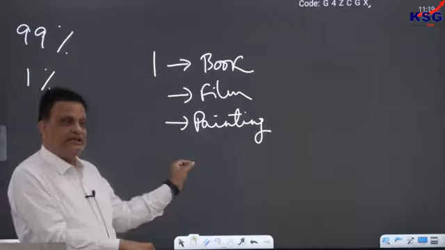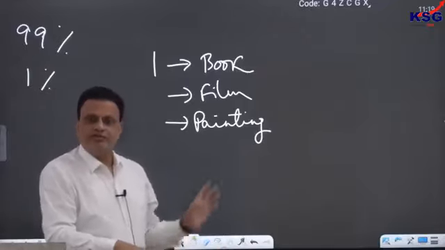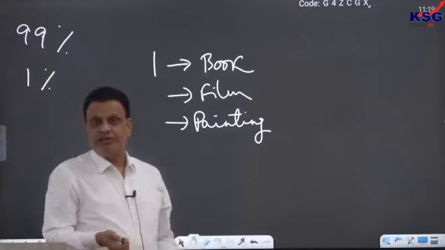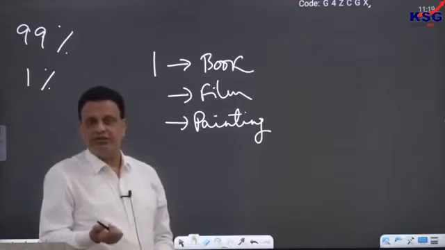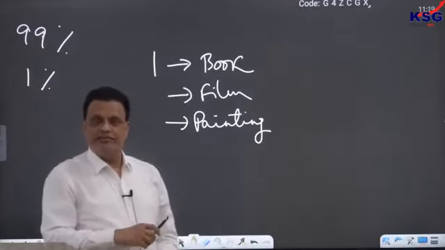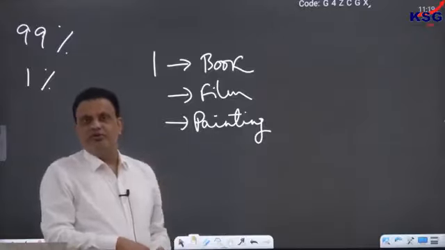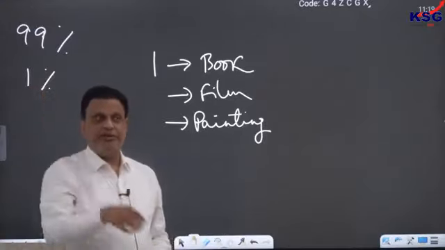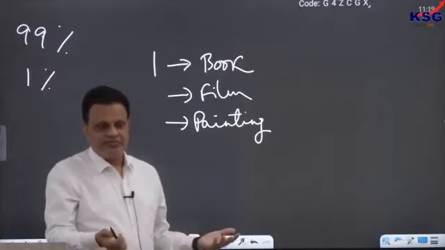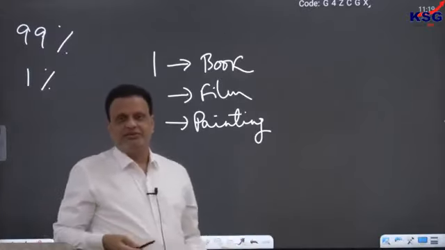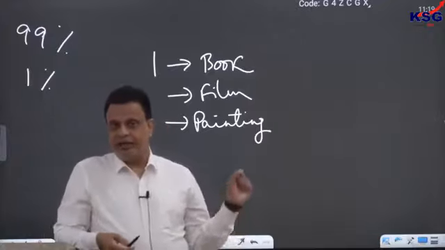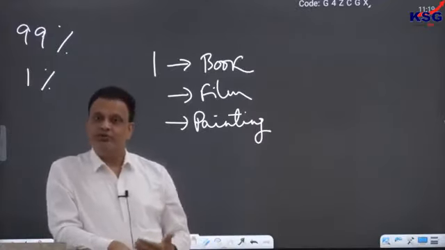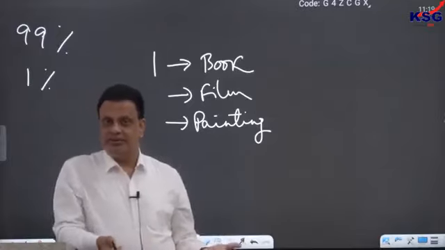Just because somebody is writing, he is not forcing. So just because somebody is making a painting that you don't like is not the ground on which you can harm that person, you can kill that person, you can throw that person out of the country. If you don't like his painting, again you have your own choice: don't watch his painting. He is not forcing you to watch his painting by putting the painting on the public square maybe. So he is just exhibiting his painting in a private space where people pay money to him to watch his painting. So who are we to ask him not to do that? It is their liberty maybe.